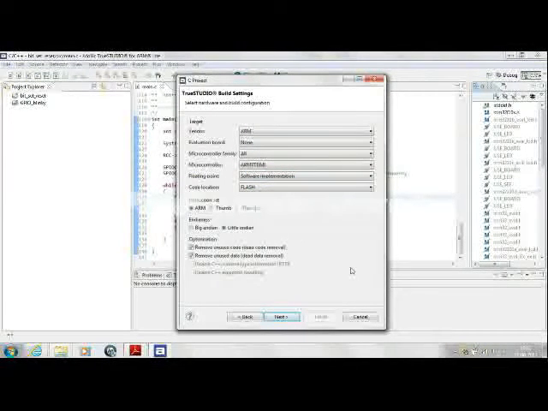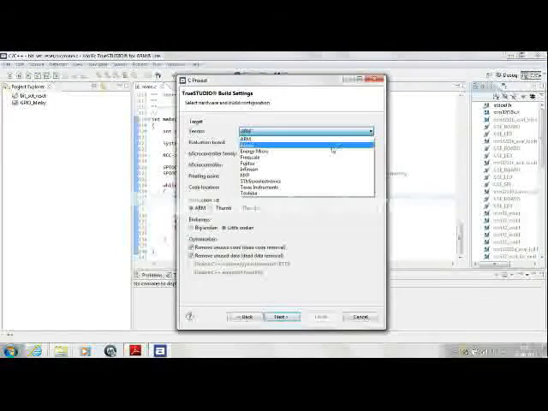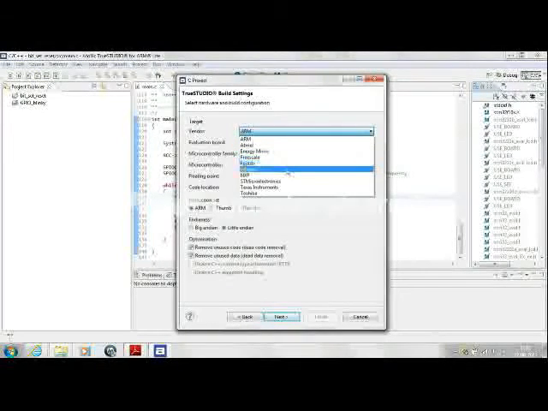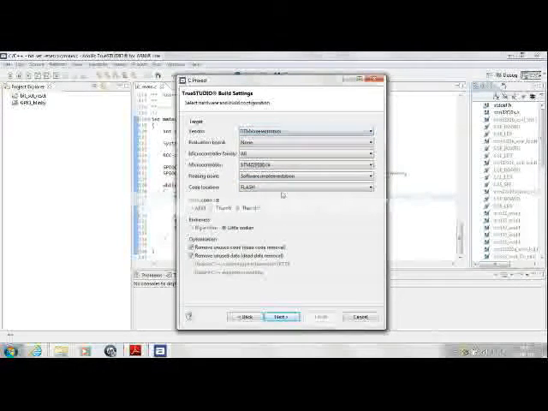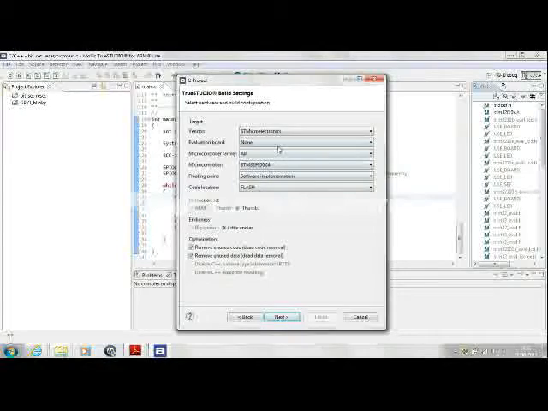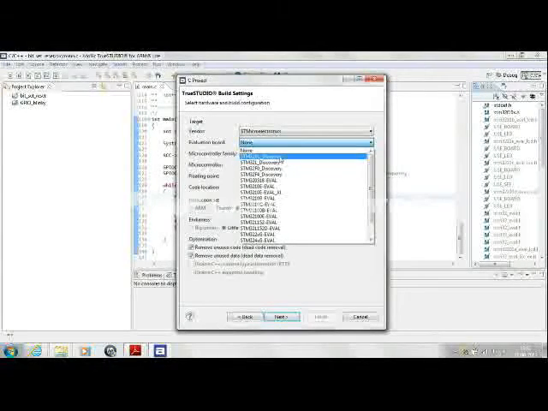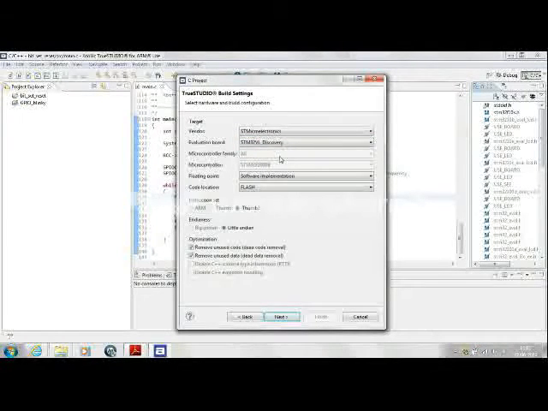Here the window will ask you what kind of target you are working on. This IDE supports many vendors. If you drop down here, you can see you can program 32-bit controllers from Atmel, Freescale, Infineon, NXP. We are working on an STMicroelectronics target, and the board that we have is an STM32VL Discovery board. After you select this evaluation board, automatically your microcontroller is fixed as STM32F100RB.